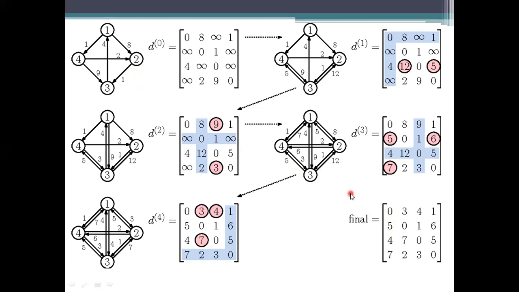This is an example for the non-negative edge cost. So here, when we process this one, we need to see whether there lies a path or not. So here 1 to 4 is there, and then next 1 to 2 is there. By using this one, am I able to reach the remaining one or not? We need to see. So here, how I am going to reach this one is 3 to 1, 1 to 2. 3 to 1 is 4. 1 to 2 is, sorry, 8. So the value here is 12. Okay. 3 to 1 is 4. 1 to 4 is 1. 4 plus 1 is 5. So the new edges have been added.